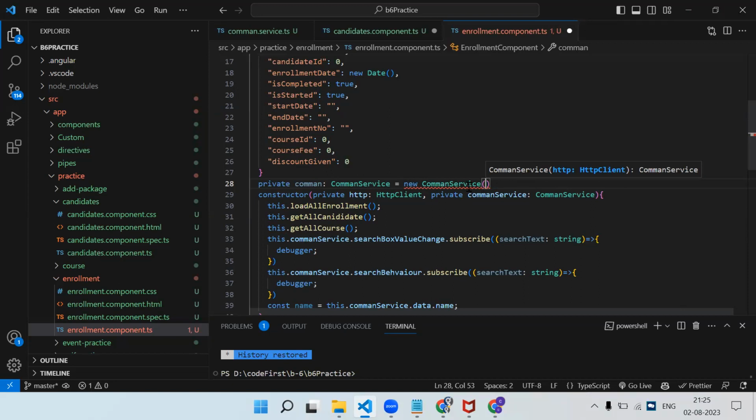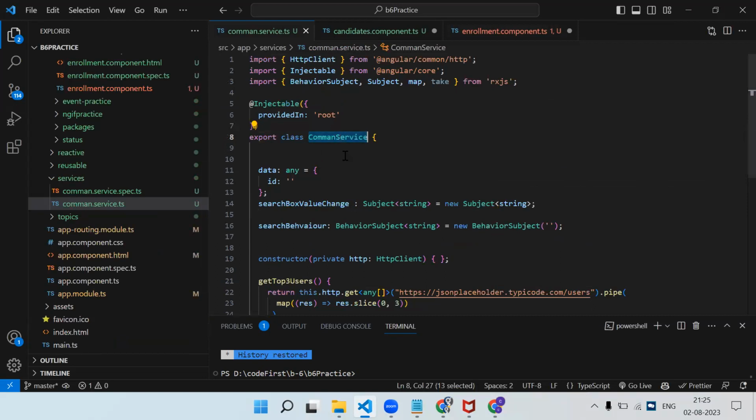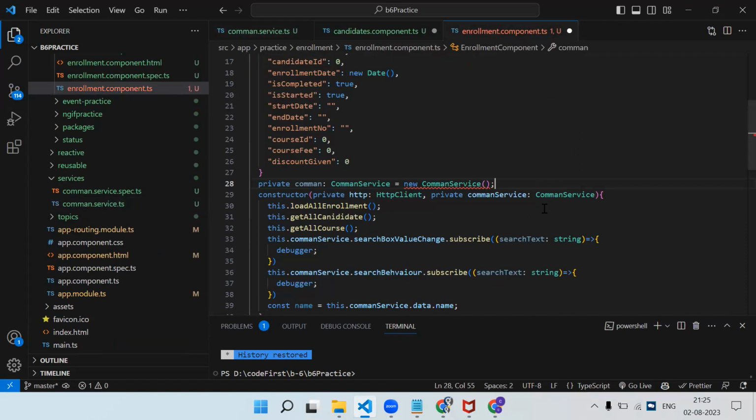Okay, this particular service needs an import statement in the constructor. It has the HTTP client, so that's why it is asking. But if we don't have that common HTTP client installed in that, because in the constructor of this we have one object, right? So wherever we are going to create it, it will need the object also.